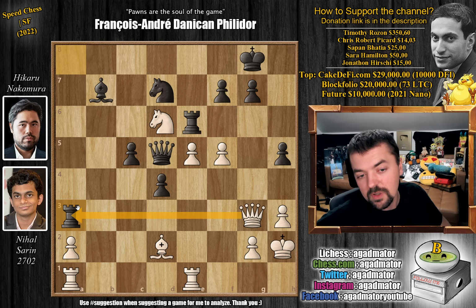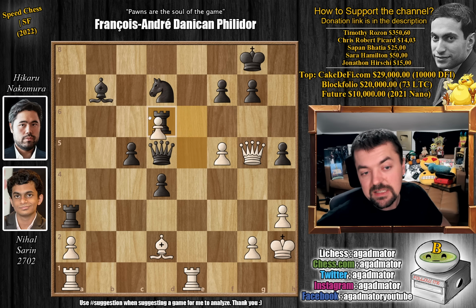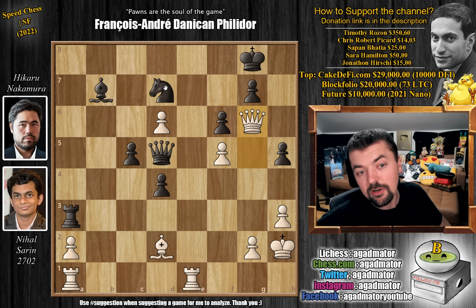You cannot move the queen away from the defense of the g pawn, and if you try queen g5, then look at this. Rook captures on d6, pawn captures, and now just f6. And if queen g6, now you're going to play a knight to f8, and the queen can no longer remain